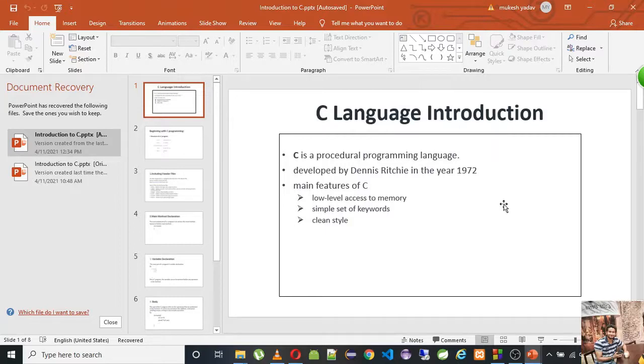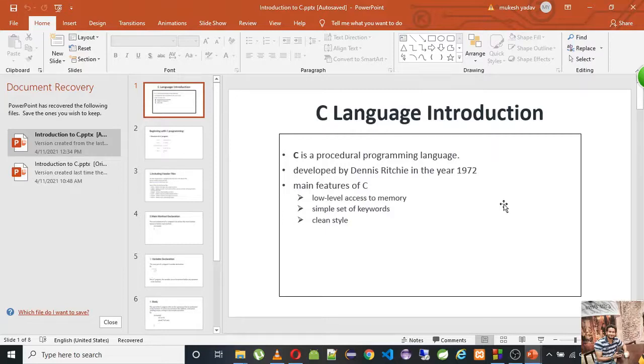And in object-oriented programming language, the main focus is data management, objects management, how a certain object behaves and how the functionality of an object is dealt with. And in C, the main focus is on functions, not on the data. So that's the basic difference, and we'll be learning more about these things in later segments. C was developed by Dennis Ritchie in the year 1972,